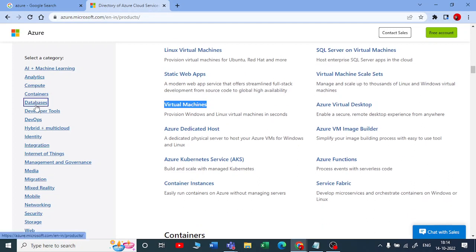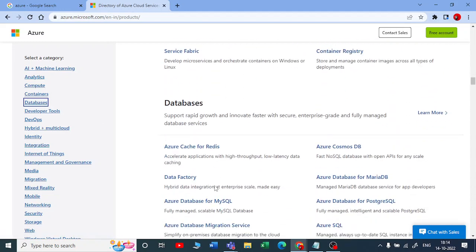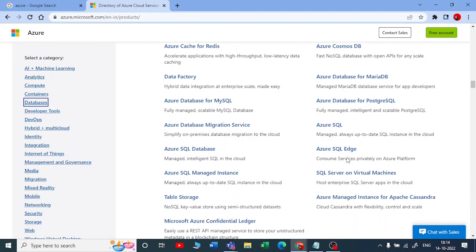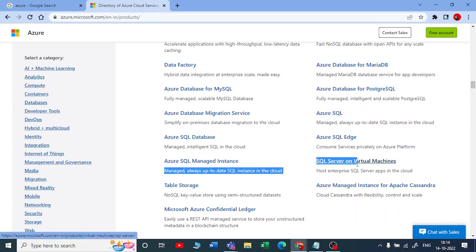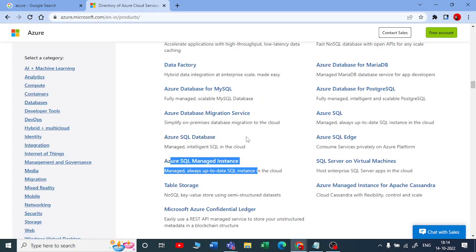So you can talk about databases. Suppose you want to set up a database in the cloud, so you can go for Azure SQL database or Azure SQL, or you can set up a SQL server on the virtual machine. So these examples, when you take these examples, can be considered as a platform as a service. So you can set up an entire database in your cloud. Okay, not only database. Yeah, we will be using a SQL database.